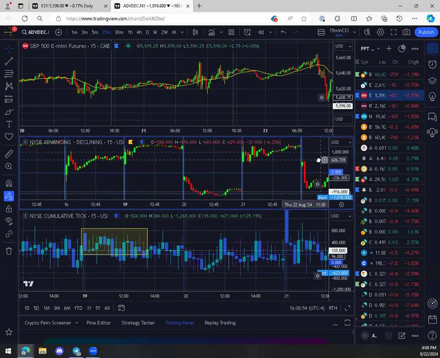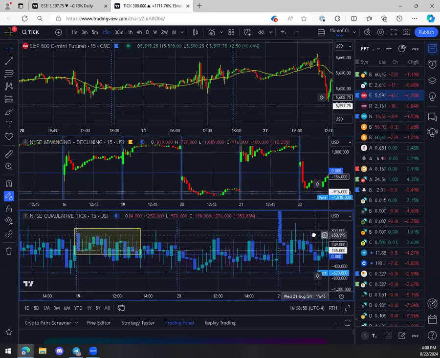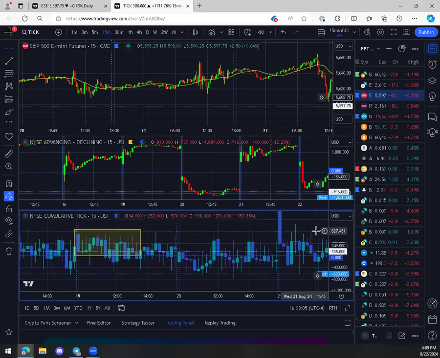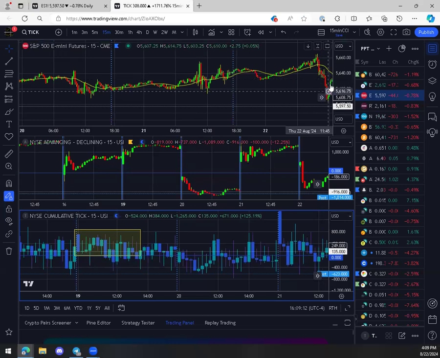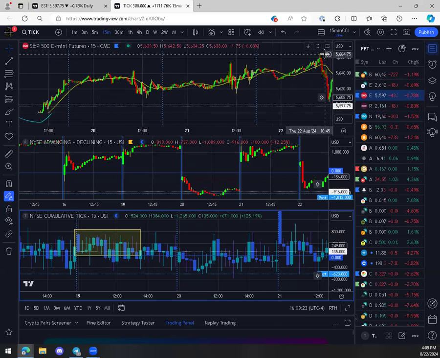Now we need to go to 12:30. So at this point in time, the bias on the day is clearly down, right? The bias is down. This isn't a sideways day. We broke the low of the day. In fact, we broke this low and we broke that low, right? And we did so on strong, sustained momentum.